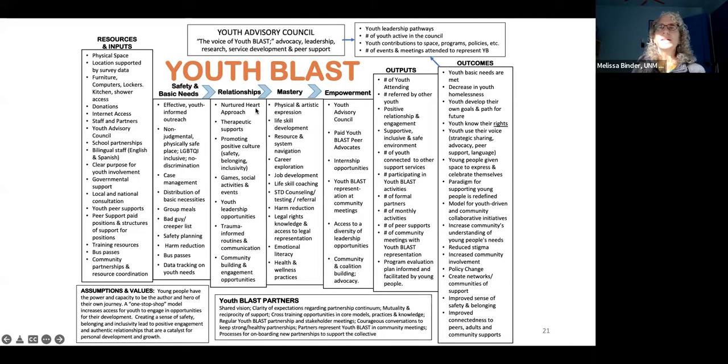What's this up here? Well, they want to have a youth advisory council, and it's so important it has its own box. So just so that you know, you want activities, you want outputs and outcomes, and there's many other things that you can include or organize according to what makes sense for your program.